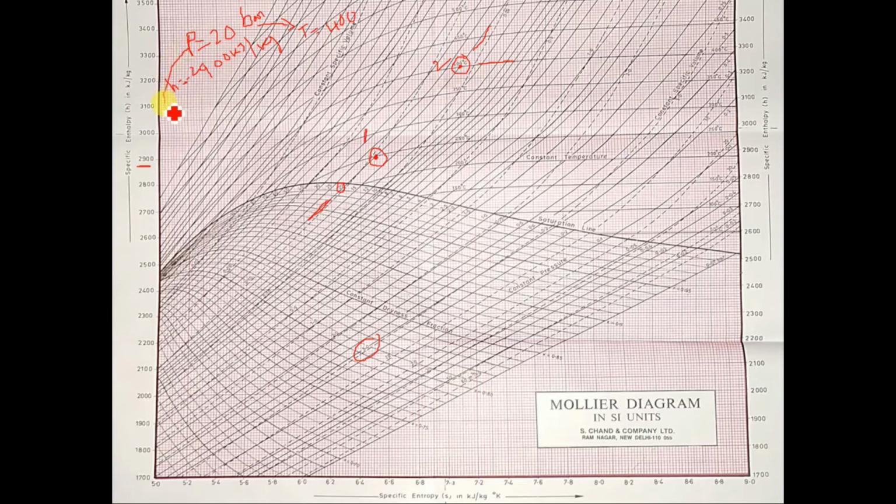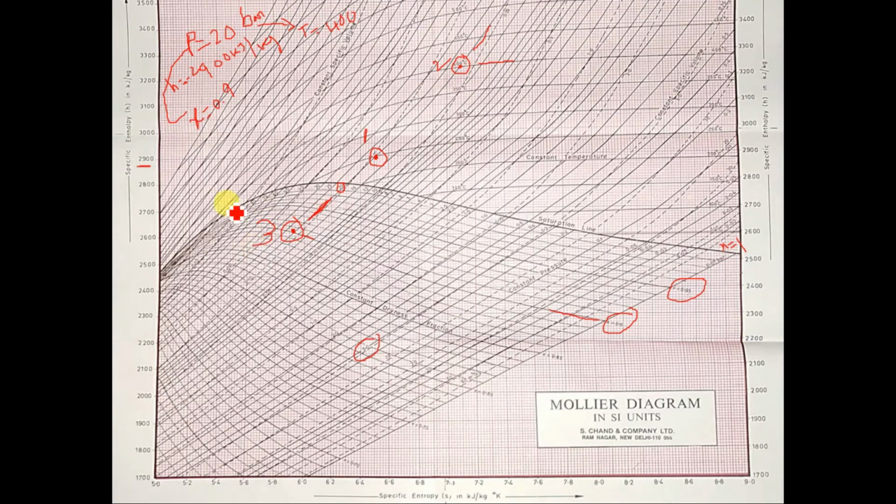Next one, we will see pressure and the dryness fraction equal to 0.9. Where we have x equal to 1 here as we discussed, this is x equal to 0.95 and we have x equal to 0.9. This is our x equal to 0.9 line. So check where the intersection takes place. This is my intersection, because this is x, this is your pressure 20 bar. So this is my state point 3.